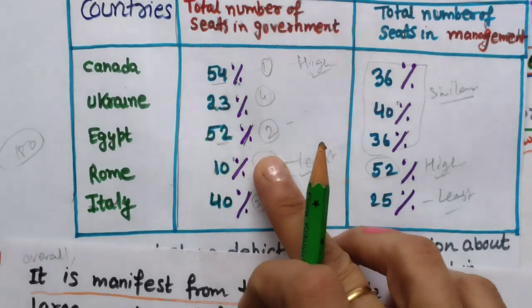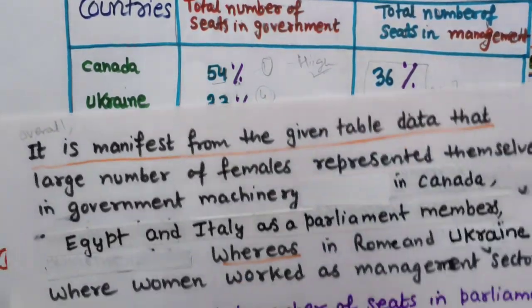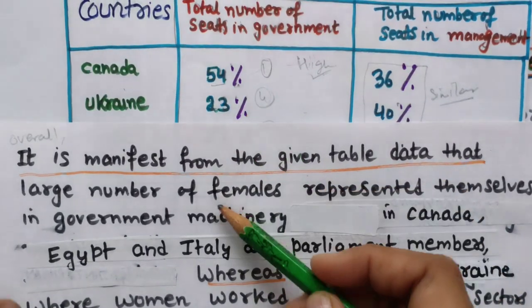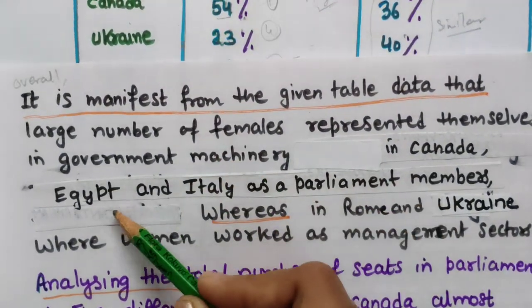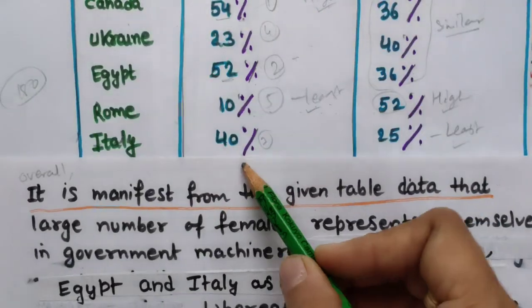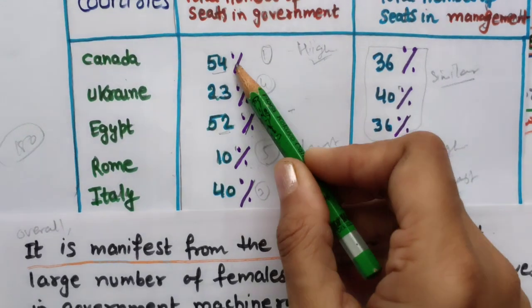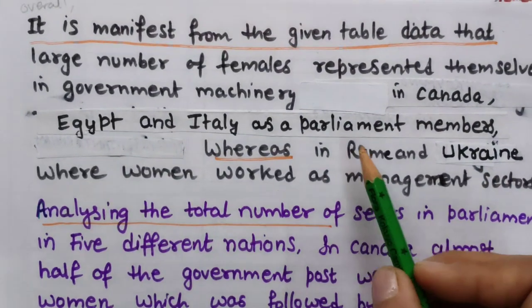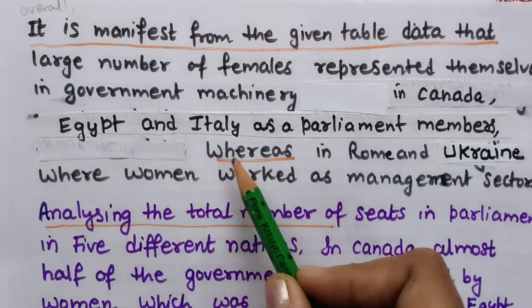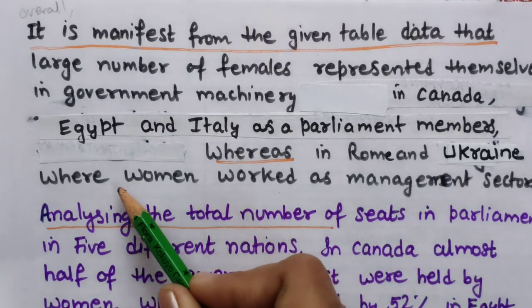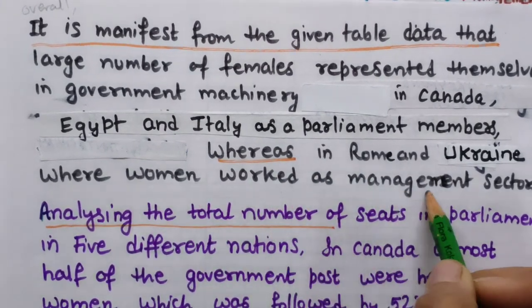So a large number of women in government machinery in Canada. So Canada is at number 1, and then Egypt, and Italy is at 40%. It means these 3, 54, 50 and 40%, are the maximum number as parliament members, whereas in Rome and Ukraine women worked in management sectors,